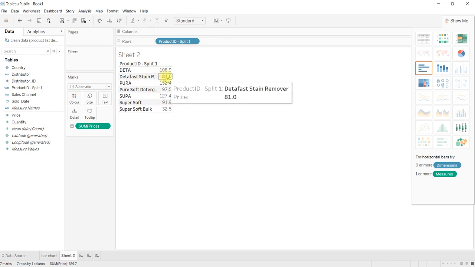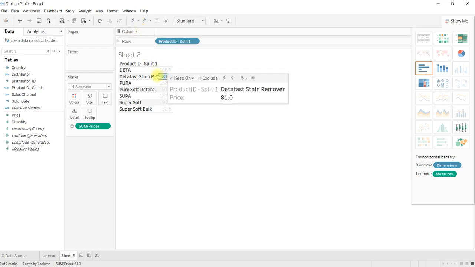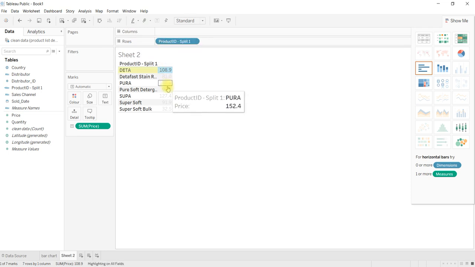Then, for example, if you are selecting this one, it is not highlighted. To highlight that one, we have to select this one, enable highlights, so that it will be highlighting. And there we have to choose which field you would like to highlight. Like this you can highlight that particular table here. Like this we can use this highlighter also.